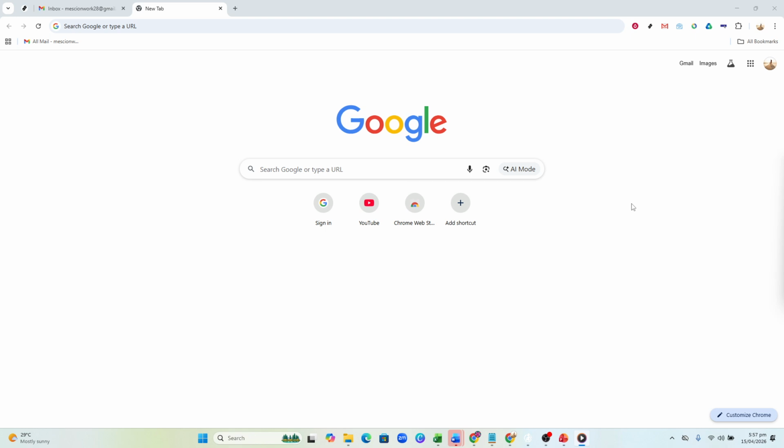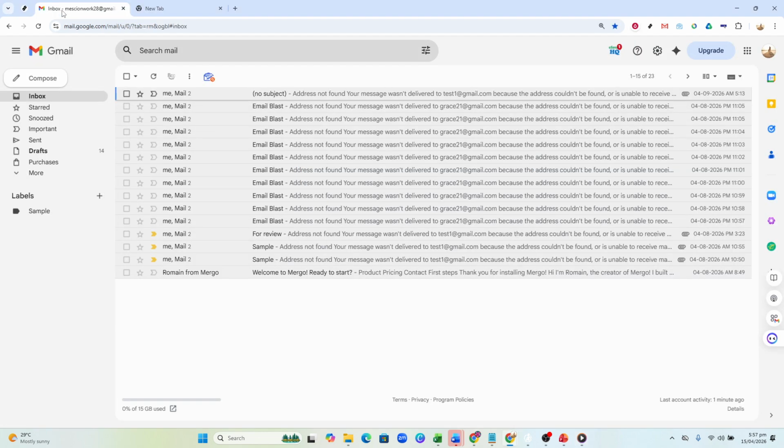I'll show you two clean ways to handle this: turning off conversation grouping entirely or keeping it on and quickly expanding everything so you land at the newest message right away. First, sign in to Gmail in your browser. We'll start with the simplest fix, showing each email individually so your inbox is naturally sorted by time received, newest